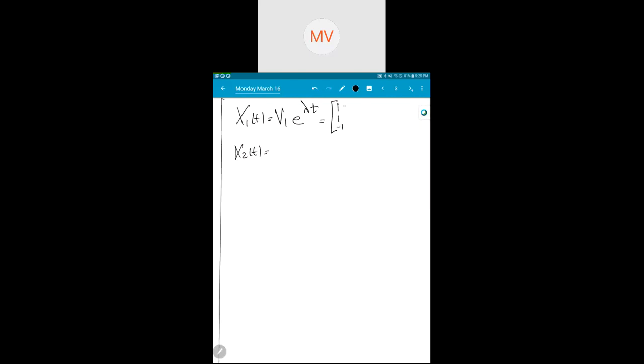It's 1, 1, negative 1, e to the negative t. And then this guy is v1 t plus v2, e to the lambda t. So it's 1, 1, negative 1 t plus